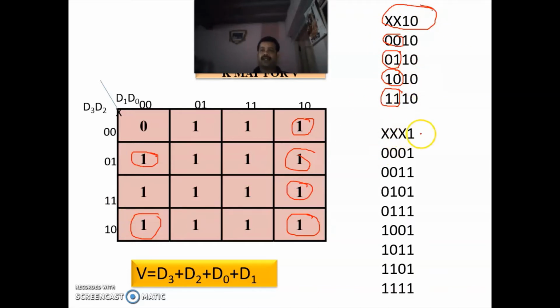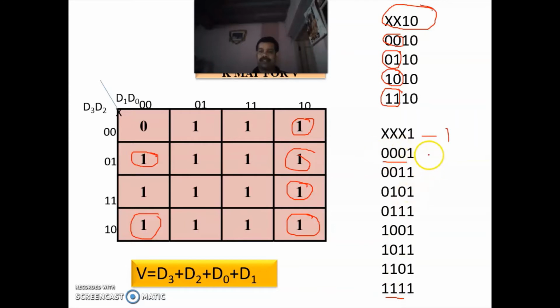Then next we are having 1 in the place of xxx1. So these 3 x can have 8 values, that is 000 to 111. It can have 8 different values.